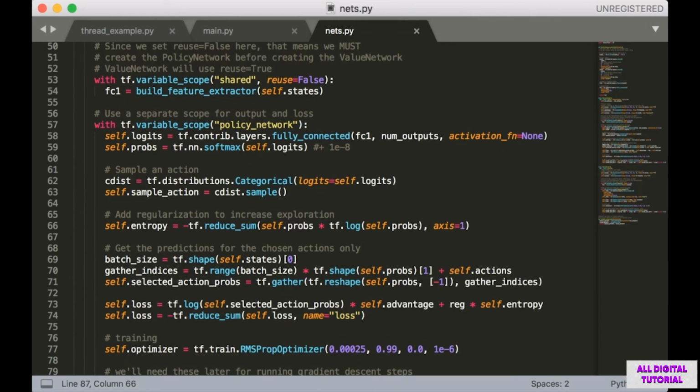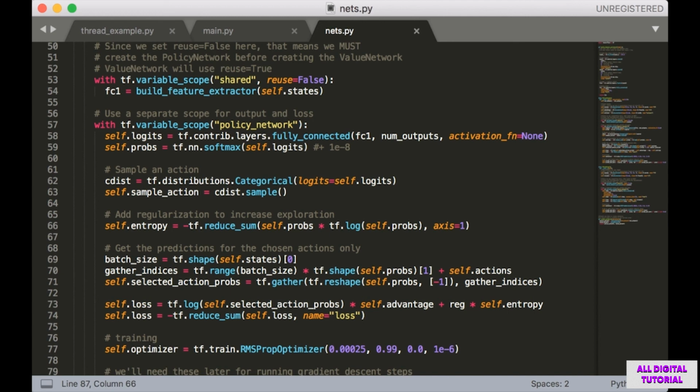Next thing we're going to do is pass our inputs into the body of the neural network. To do this, we're going to create a scope called shared and set the reuse argument to false. Take special note that this is false, since it'll become relevant later in this lecture. So we call build feature extractor, and we get out a variable called fc1. The next thing we want to do is pass fc1 through the rest of the neural network. For us, this is just a single final dense layer, which maps to the action space. More precisely, we're going to get the logits for each action, after which we can apply the softmax to get the probability for each action.